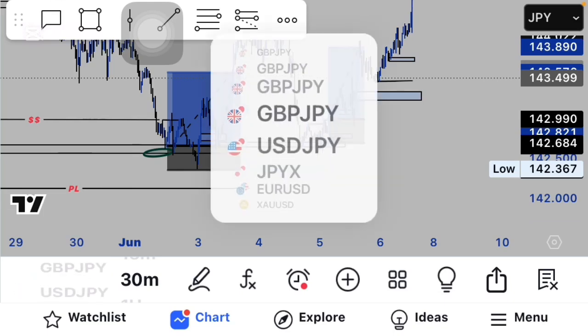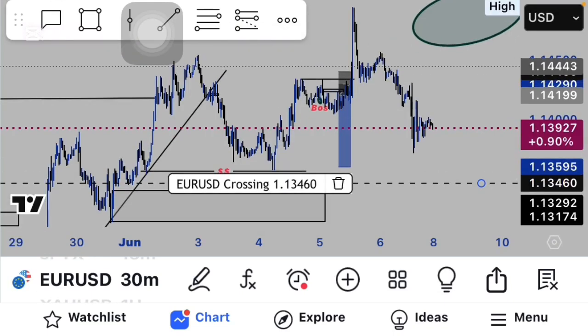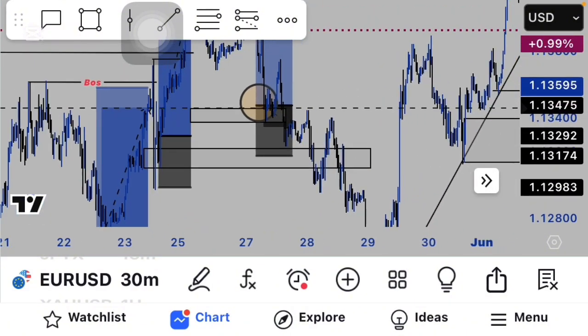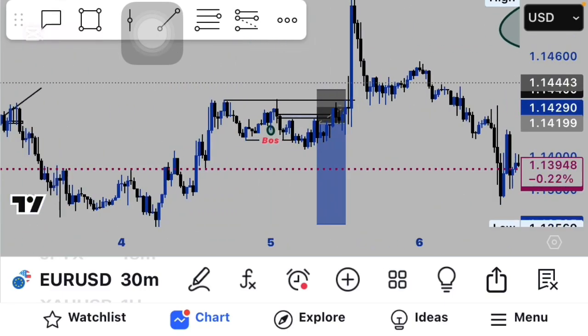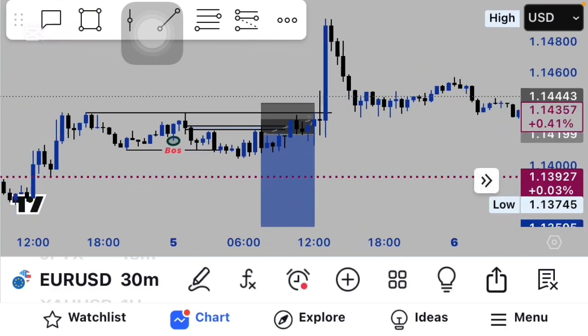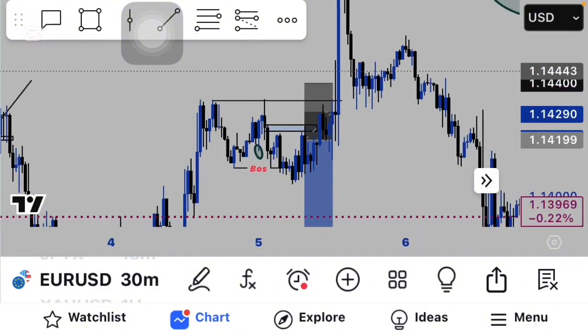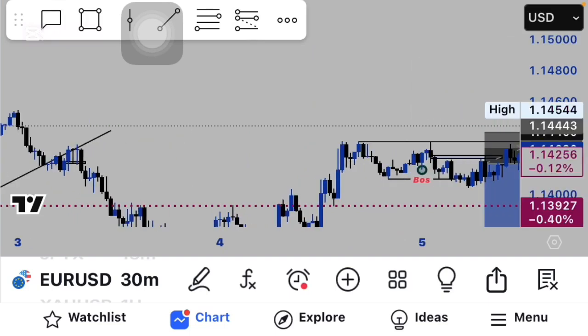So the next trade which I took was on the EUR/USD. So the EUR/USD, we took some trade on the EUR/USD. I don't think we took this trade, so we went on to take this trade. So you can see SL straight. This one, there is no two ways about it. SL straight. You can see it takes us out before